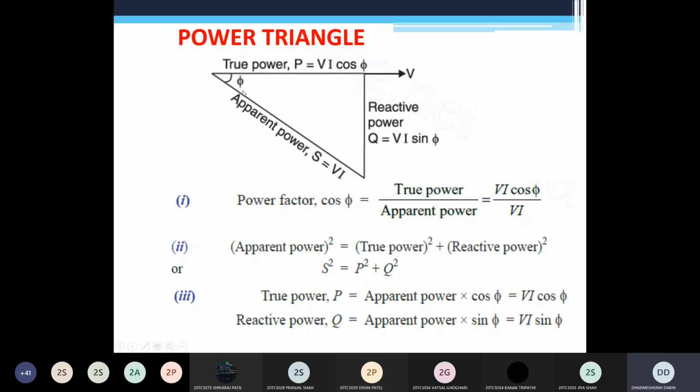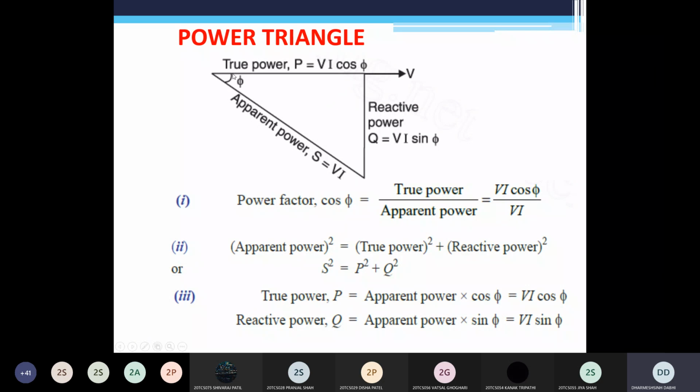Any other one? You can see this angle phi. Power factor is what? Cos phi. When your cos phi, meaning power factor, is maximum, at which angle? 0. When this angle between active power and apparent power is 0, at that time you get the maximum power factor. Clear? Now what is the value of reactive power when cos phi is 1, or phi is 0?